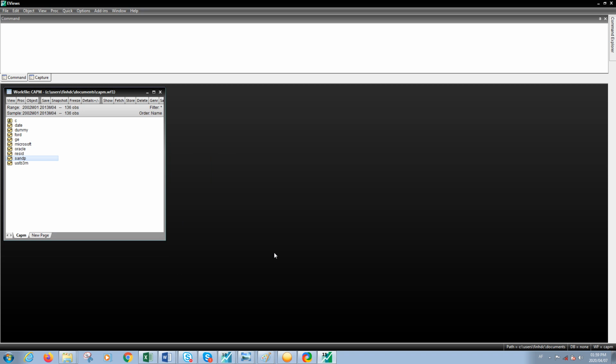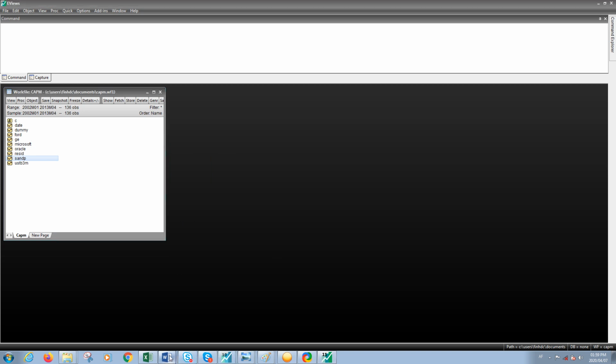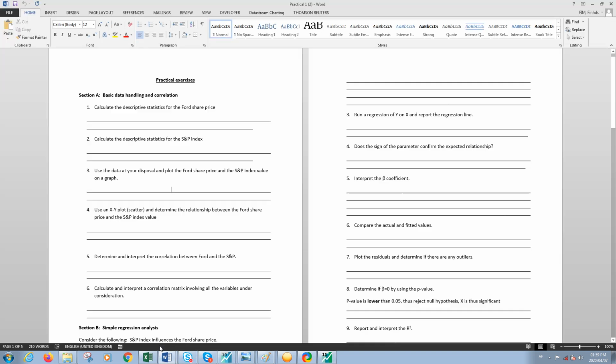You can do a visual analysis on it. You can say in general it's upwards trending or sideways moving or so on and so forth. But remember, we never draw a conclusion just by visually looking at something. So we need to go and do a bit more research on it. But this is just to give you a hands-on idea of how to use eViews and to get a feel